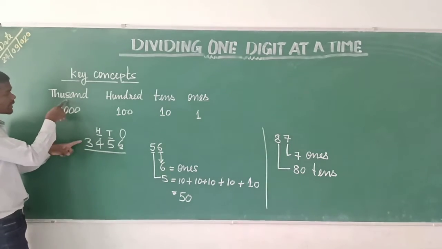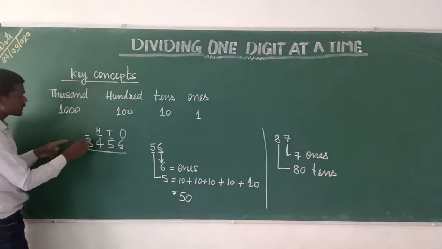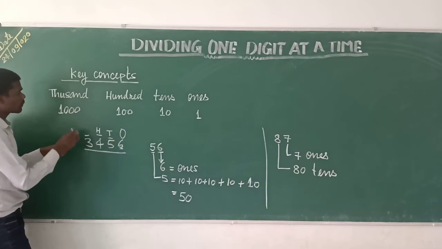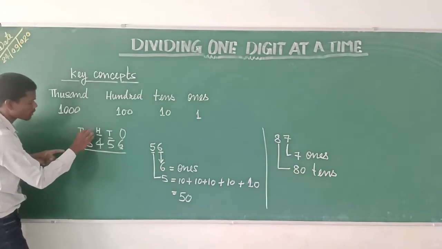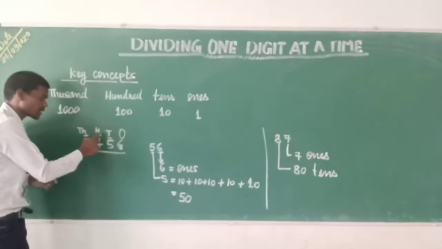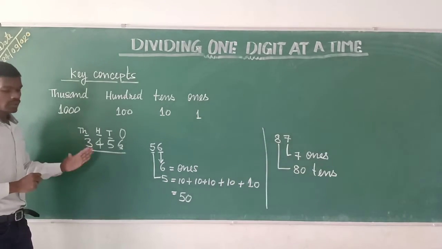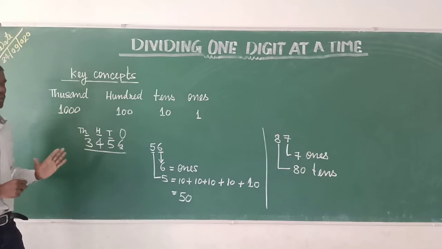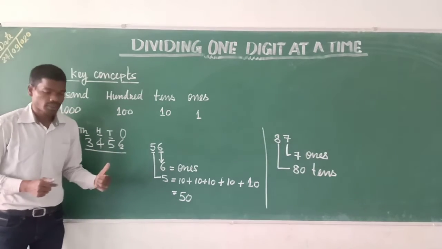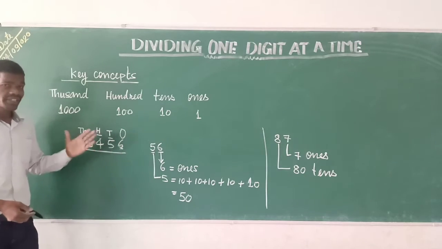Then fourth place, 1000 is there. So what we can write here in the fourth place? TH. Okay, TH. Now we can say here ones, tens, 100 and 1000. Okay, this much you know, this much you learn it, and then we will learn the division work,